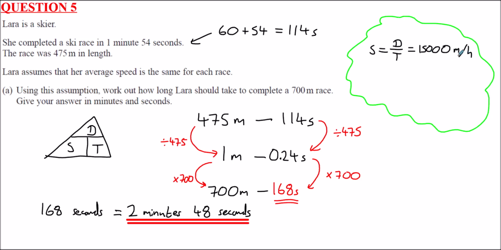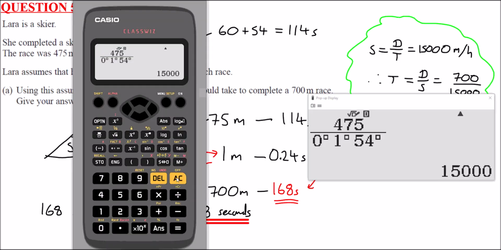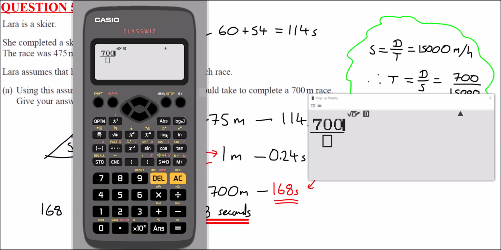Okay. Now we can work out the time it would take her to cover 700 meters. If I cover up time, I get distance over speed left. So d over s. So that would now be 15,000. Sorry, for distance. I apologise. For distance, it'd be 700 meters. We divide it by 15,000. But here's the beauty of it now. So if I now do 700 divide by 15,000,